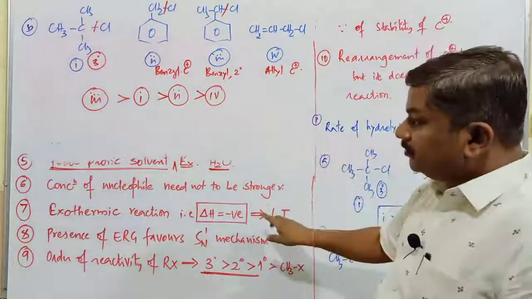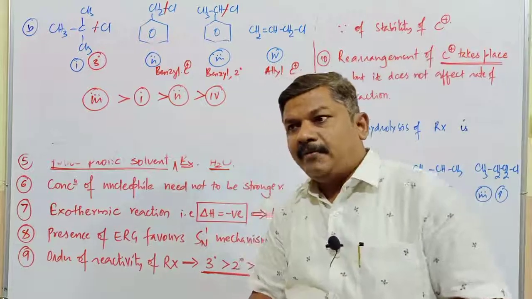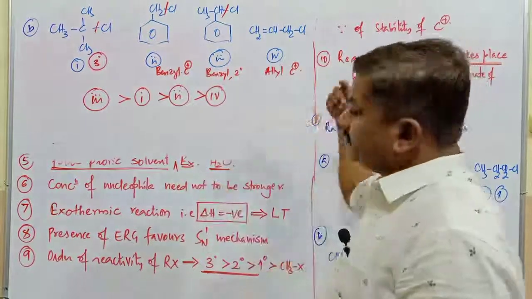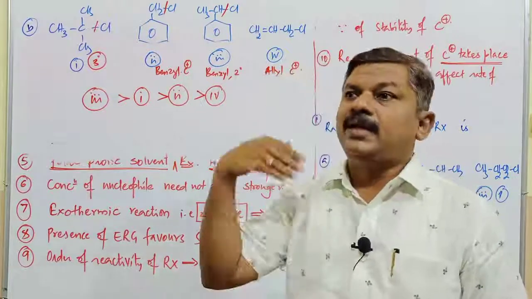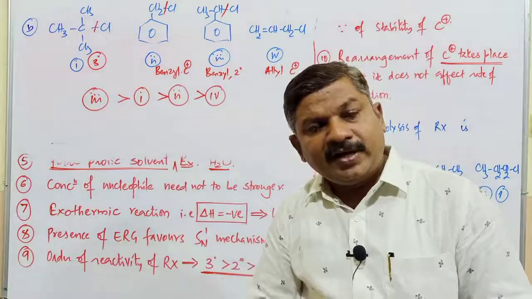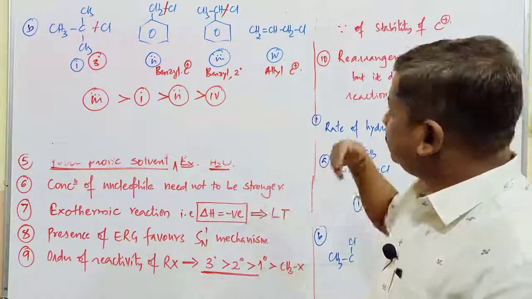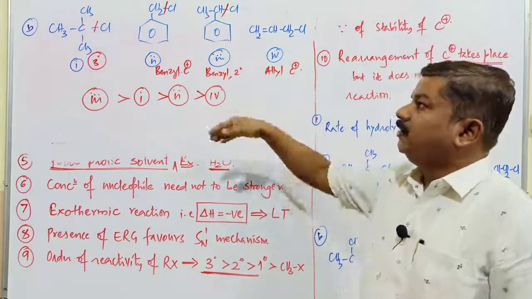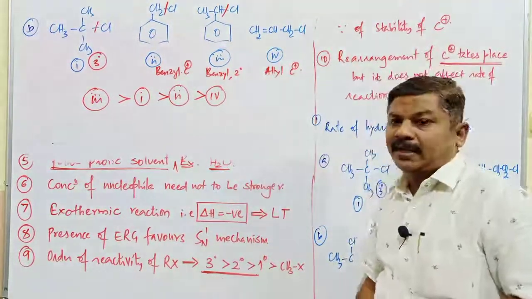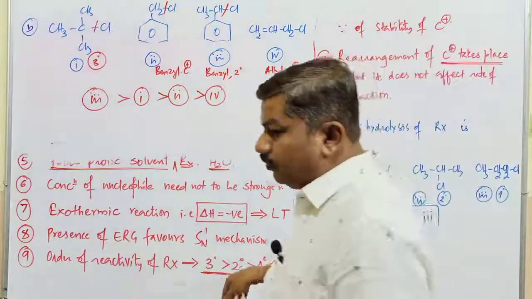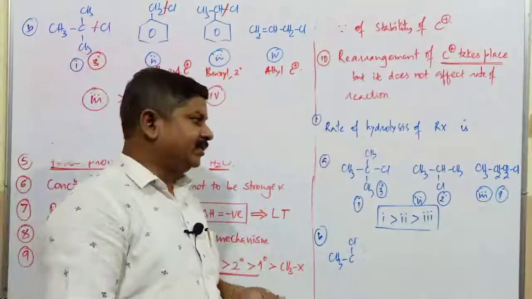And in this case, I will explain even the stereochemical part here. In the case of the SN1 mechanism, the next point I have to mention is the formation of a racemic mixture. There is inversion of configuration as well as retention of configuration taking place, which gives the racemic mixture. I will go with some different types of examples of this particular SN1 mechanism. All these points are very important for competitive examinations.